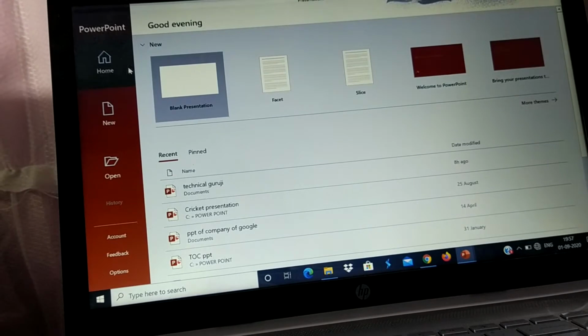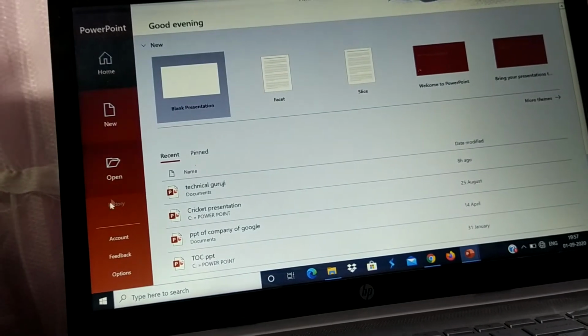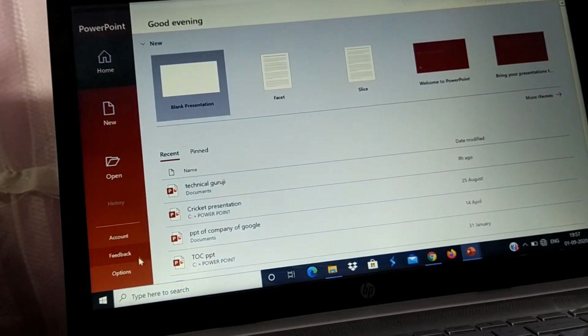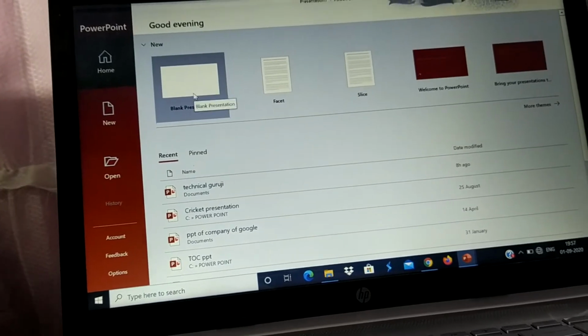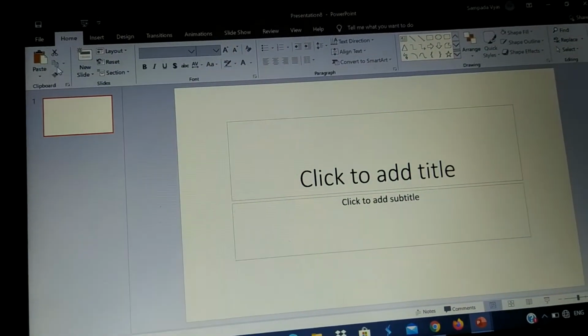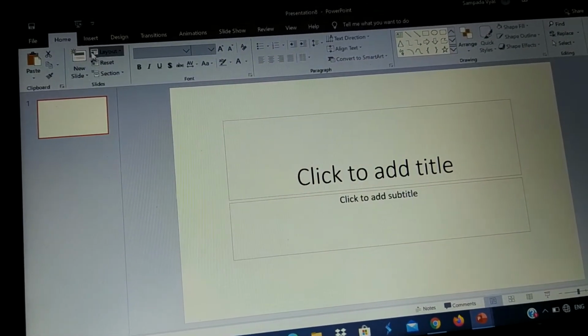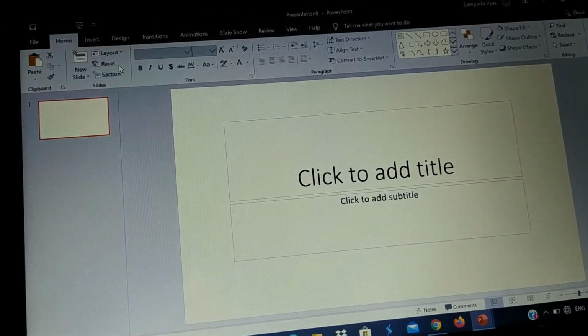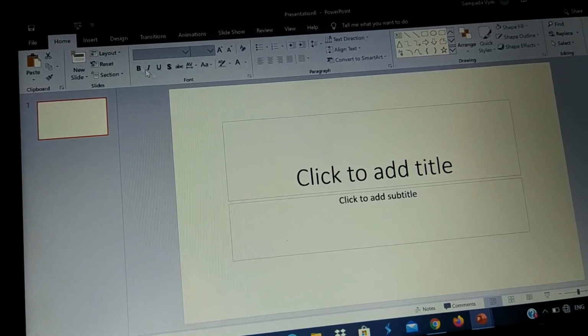You can see here many things: home, new, open, history, account, feedback, options. Now we will take the first slide. It is called a blank slide. Now we can see here new slide, layout, reset, select, and other things.